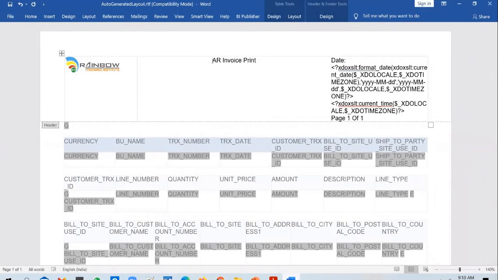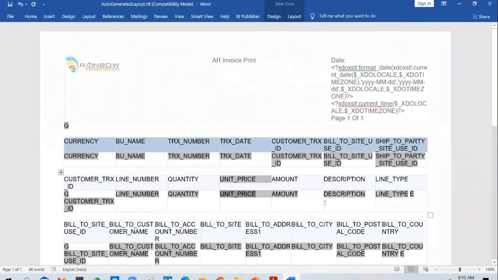AR invoice print. And from here on, for the next 15-20 minutes, whatever I am doing in this RTF document, those are all Microsoft Word features. Okay, so I'll be rearranging the fields. I'll be giving a space between the fields. Everything I do for the next 15 minutes is nothing but using Microsoft Word features. So in case you're not very familiar with Microsoft Word features, like how to give spacing, how to do the alignment and all that stuff, feel free to look at some crash courses on Microsoft Word.